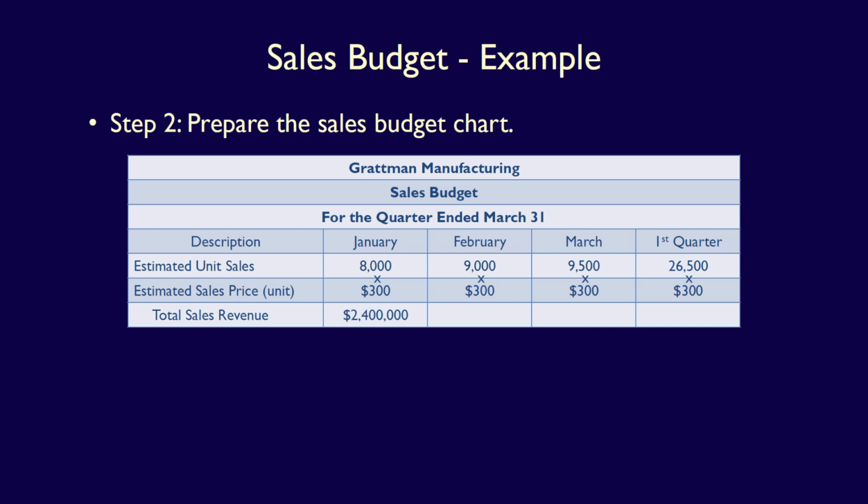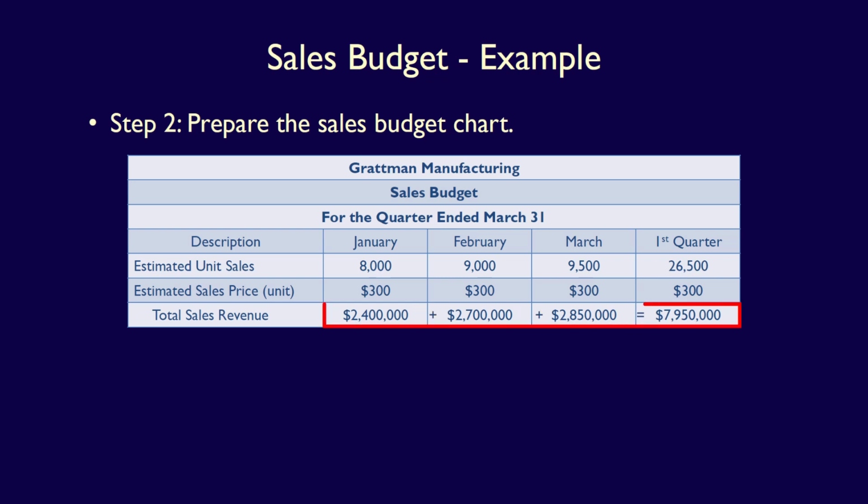For January, 8,000 units multiplied by $300 per unit is equal to $2,400,000 in total sales revenue. For February, 9,000 units multiplied by $300 per unit is equal to $2,700,000 in total sales revenue. March, 9,500 units multiplied by $300 per unit is equal to $2,850,000 of total sales revenue. For the first quarter, 26,500 units multiplied by $300 per unit is equal to